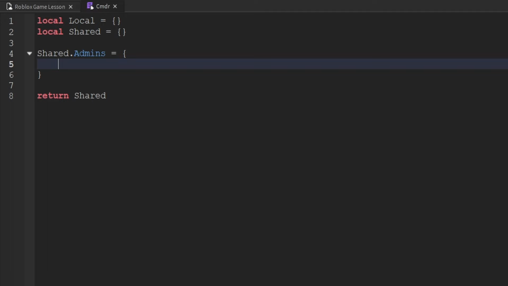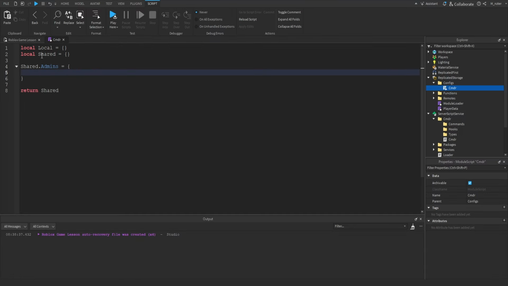Now inside of this table, I want to actually insert all of the user IDs of the admins of our game. Now, if you're like me, you may be the only person working on your game, so you may not have any other admins, but that's perfectly fine. We can just list ourselves in here. We don't have to list multiple people. But in order to do that, we still need to get our own user ID,